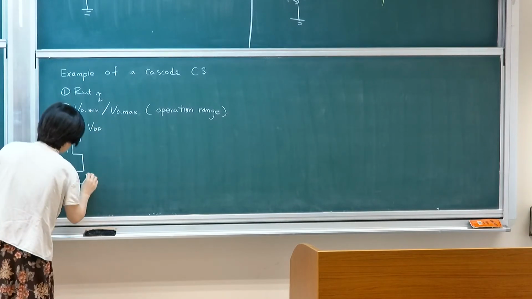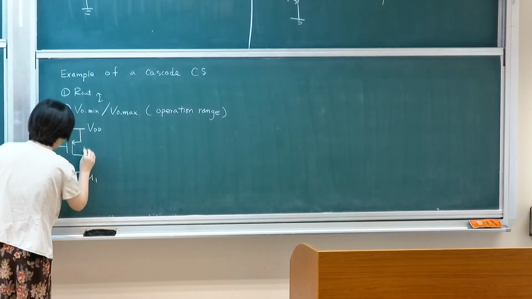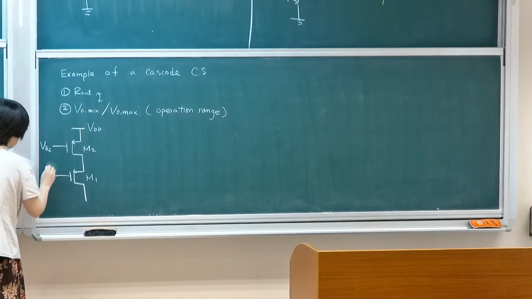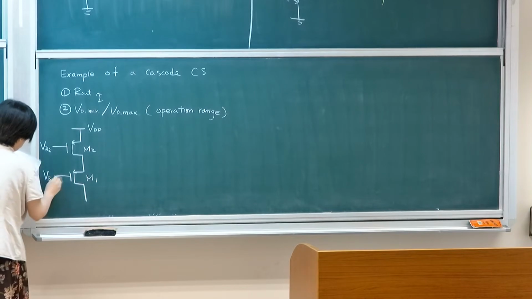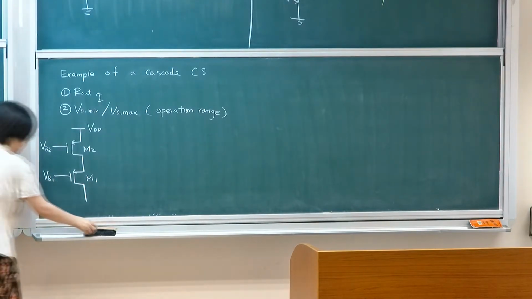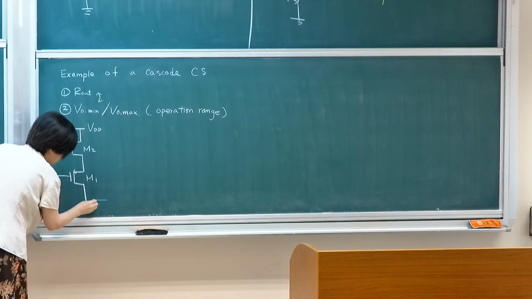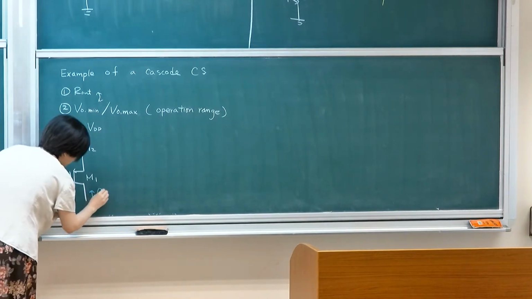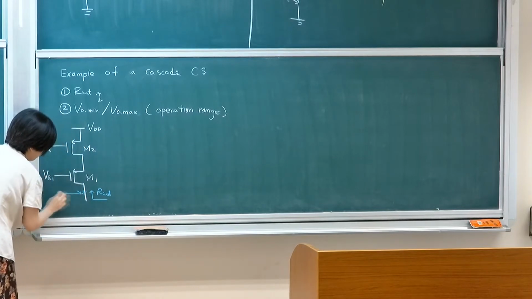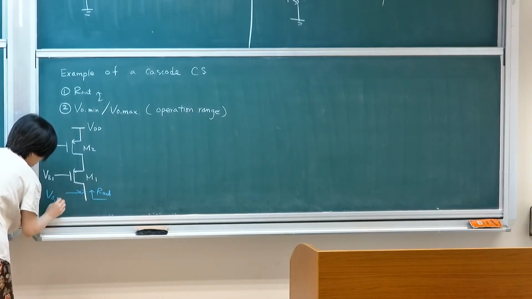I'm having two transistors, M1 and M2. And this is VB2, VB1. So I'm looking up to the top